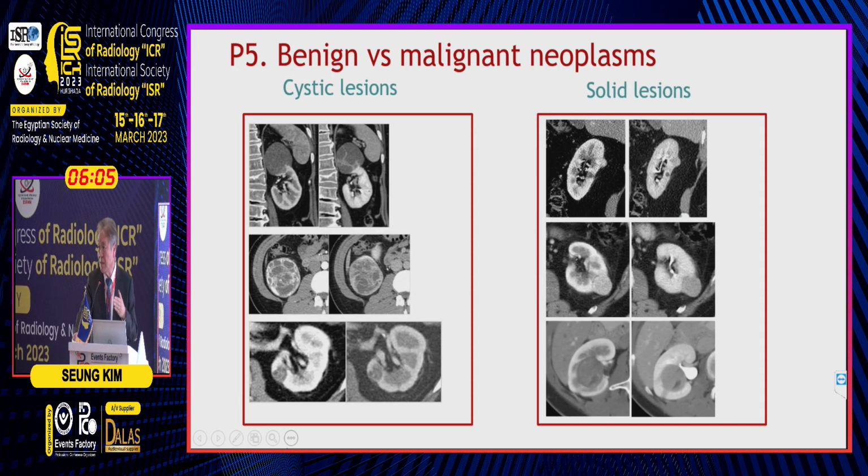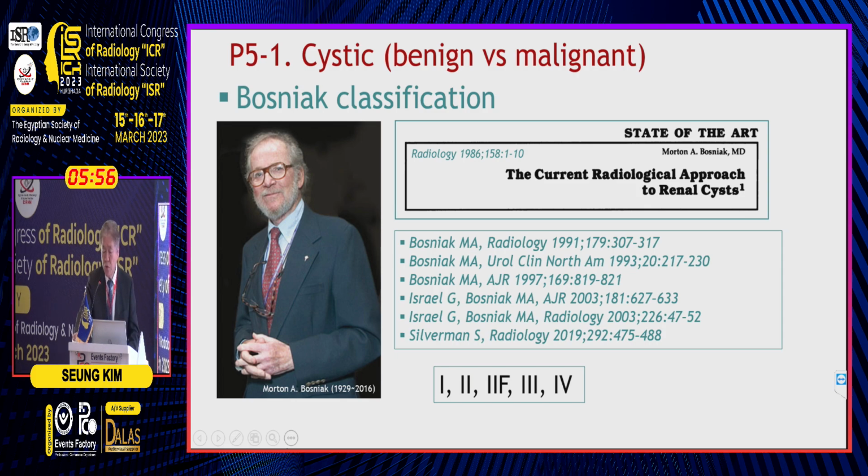We can divide that into two scenarios. One is mainly cystic lesions, and the other is mainly solid lesions. With mainly cystic lesions, when we are distinguishing benign from malignant renal lesions, we use the famous Bosniak classification. This is Dr. Bosniak, who passed away in 2016. And he developed this Bosniak classification system in